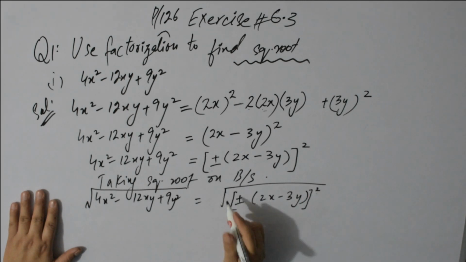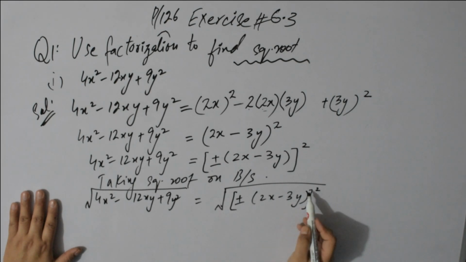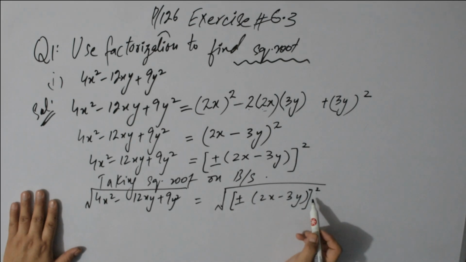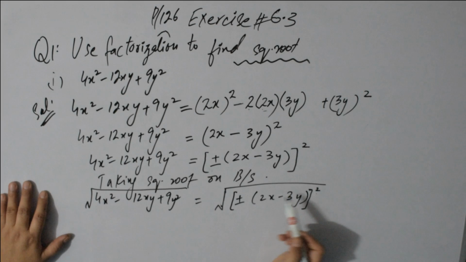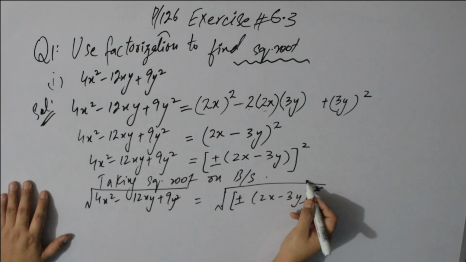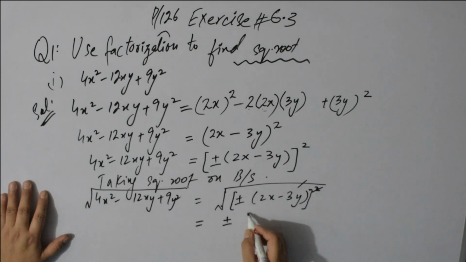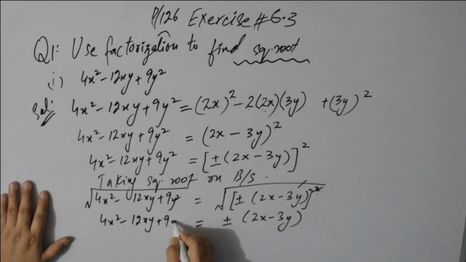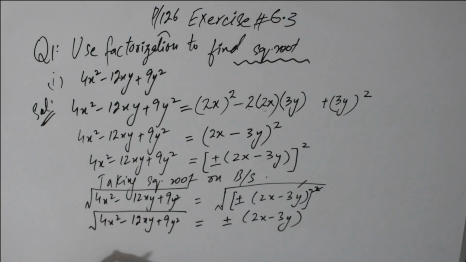Please keep this thing in mind that your plus minus should be under this square, within this bracket. These parentheses are the bracket of this vector, and this bracket is for your plus minus square sign, right? Now you see, this square you will cancel with this under root and your answer will be plus minus 2x minus 3y. So the square root of 4x square minus 12xy plus 9y square is plus minus